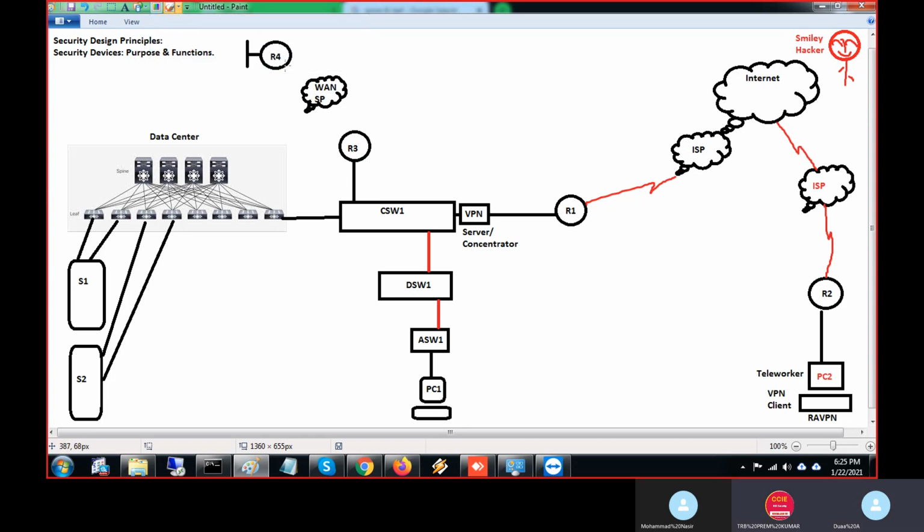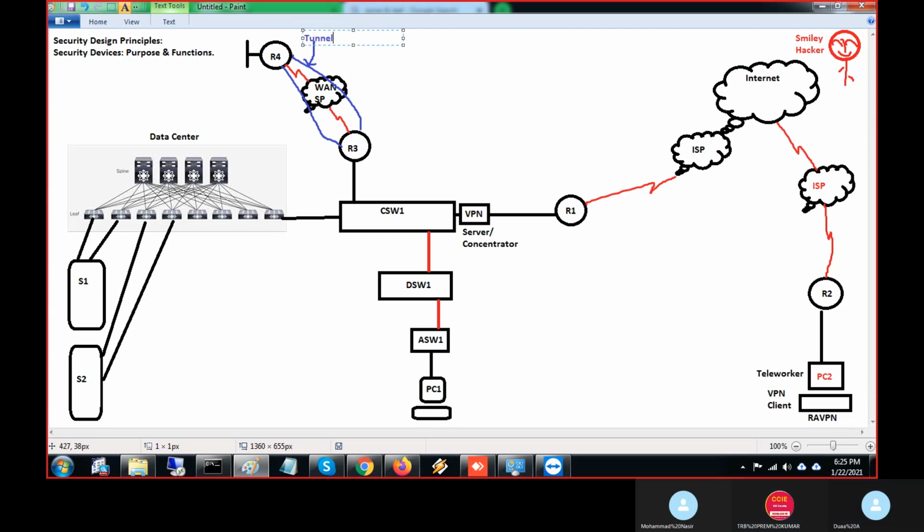Site to site. Yes, correct answer. Site to site VPN. This is the tunnel. Understood?